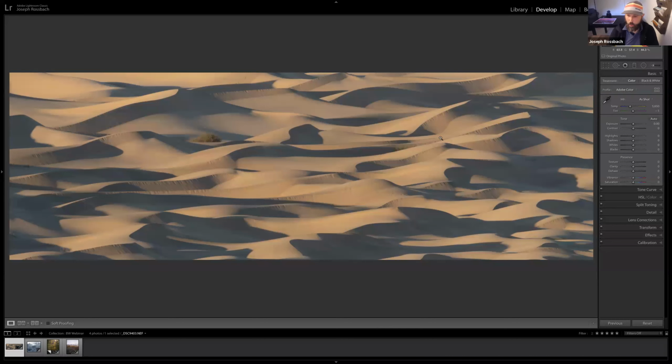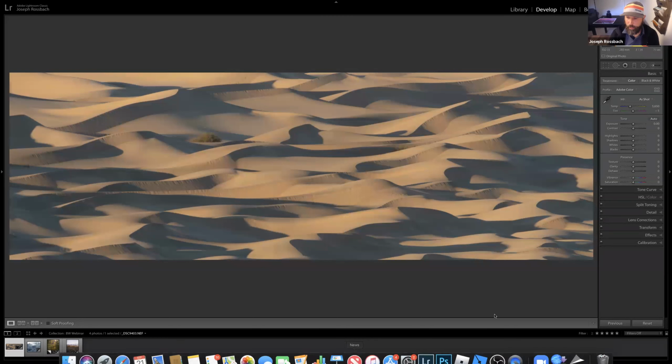Now, this would also work very, very well as a color photograph, but I think that the tonal range in it and the lighting and the texture is going to make for a very stunning black and white. So we'll talk about some different ways of conversion for that. Now, one of the things that I typically do in processing, especially if I wasn't shooting an image specifically for a black and white conversion,